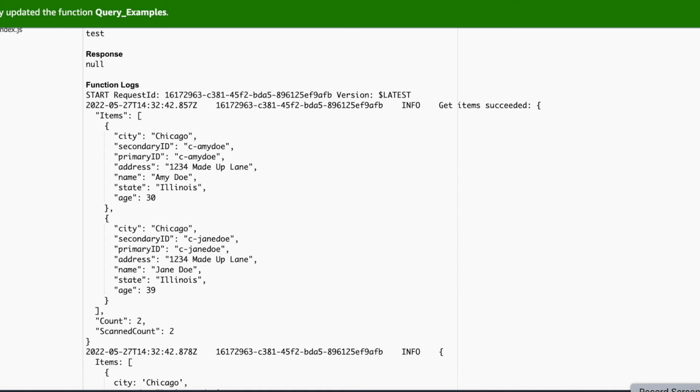Hopefully you now have a better understanding of some of the differences between querying relational and non-relational databases, and that these example queries give you an idea of what queries may look like between the two.